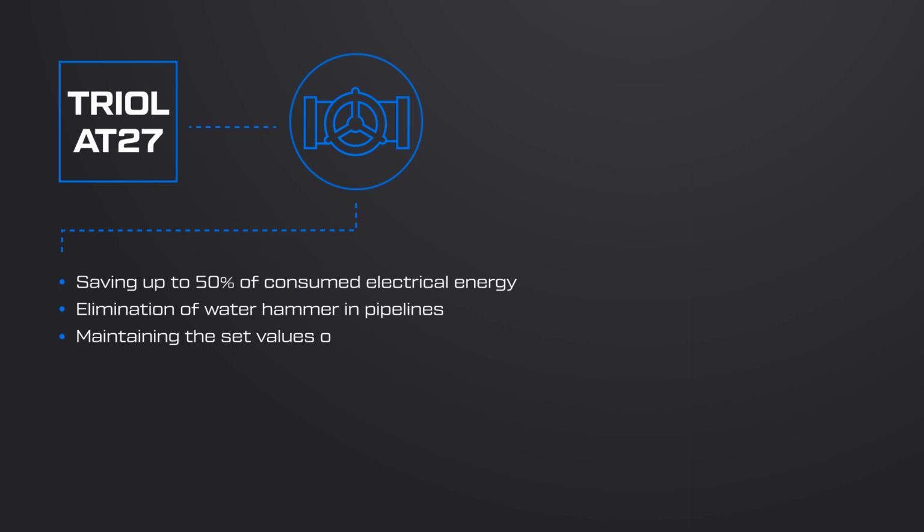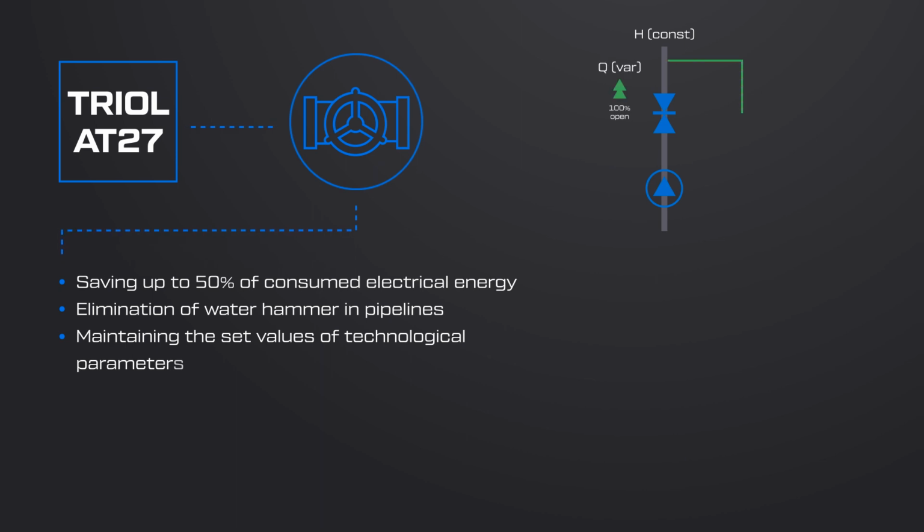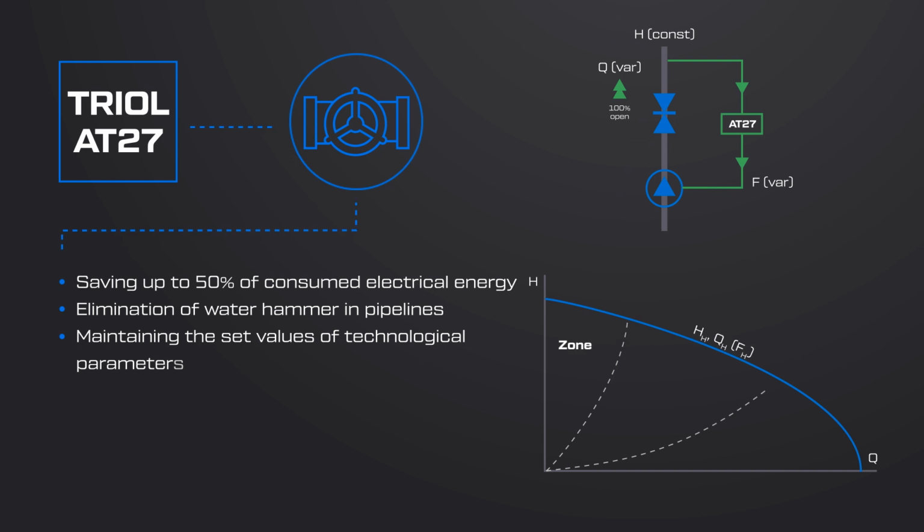Maintaining the set values of technological parameters without the use of shutoff and control valves. These parameters, first of all, include the pressure in the discharge manifold and the flow rate of the liquid in the pipeline. The peculiarity of regulation with the help of a frequency drive is that both the pressure and the flow rate directly depend on the rotational speed of the pump unit, while there is no need to change the cross-section of the pipeline, since this is done by shutoff and control valves. That allows you to extend the life of both the motor and the pump unit and reduce the number